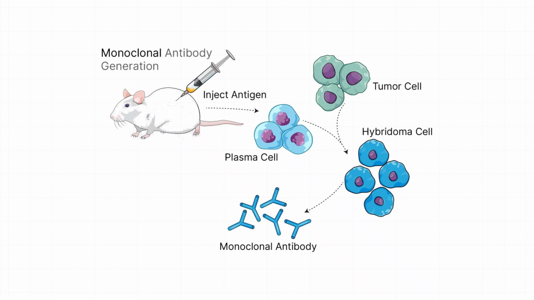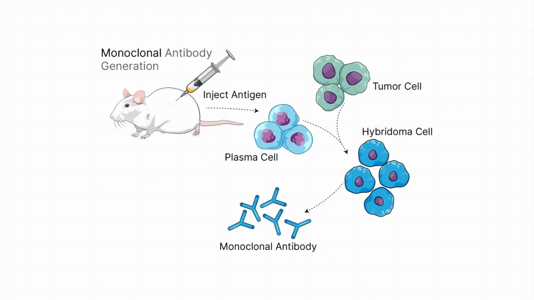So this is the heart of hybridoma technology. So the splenic cells from the immunized mouse are mixed with the myeloma cells and exposed to a cell fusion agent. So the most commonly used fusion agent is polyethylene glycol, which is a polymer that disrupts cell membranes and causes them to merge. Alternatively, electrofusion using electrical pulses can also be employed.